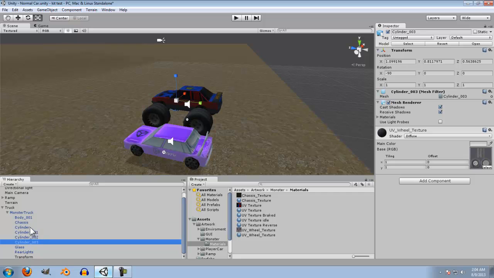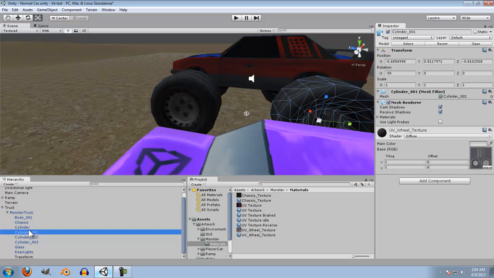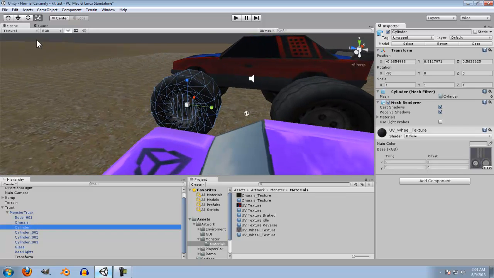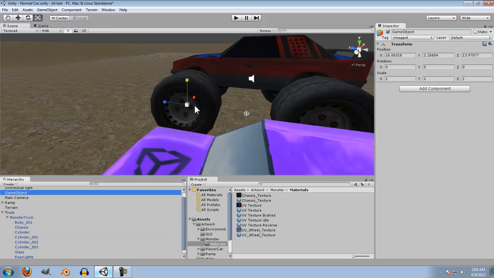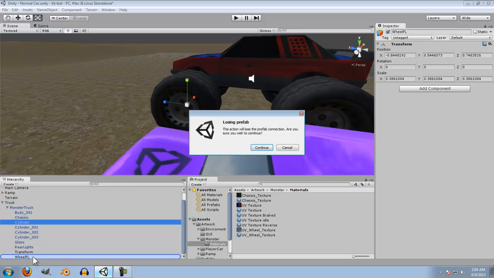Now we're gonna click on this cylinder, which is the FL wheel, which is front left wheel. I'm just gonna double click on that and then create an empty game object in the center of it, and let's rename that game object as, let's see, wheel FL. There we go. And then we're gonna drag it inside of the monster truck, drag the cylinder inside of it,